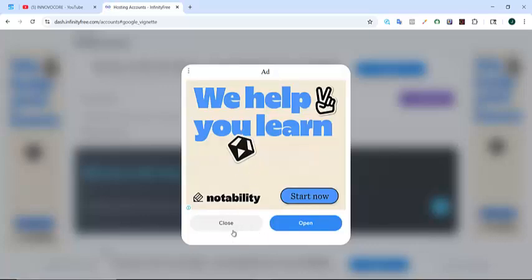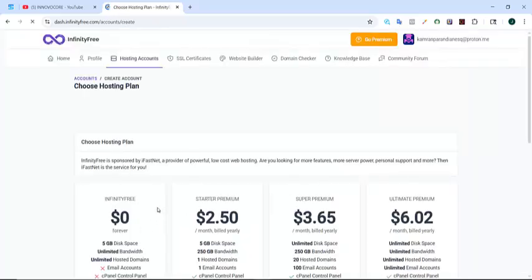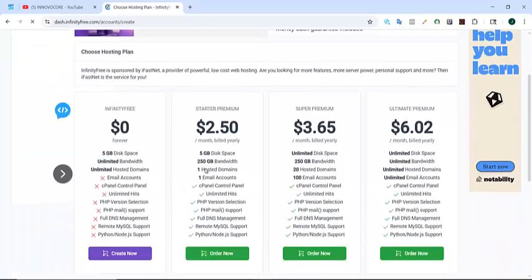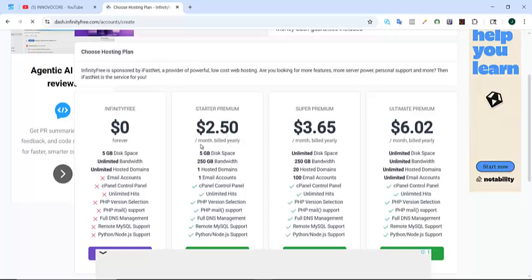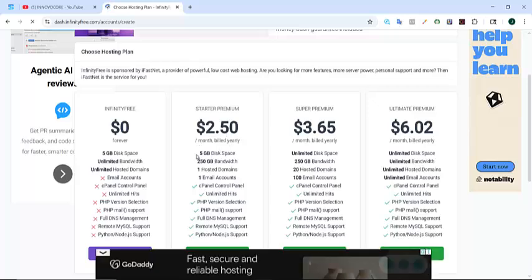Also, you're going to be seeing a lot of ads because you're on a free web hosting company. So they will ask you to choose your plan here. You can see they have starter, premium. Sorry, I should start with the free one. They have the free one here,